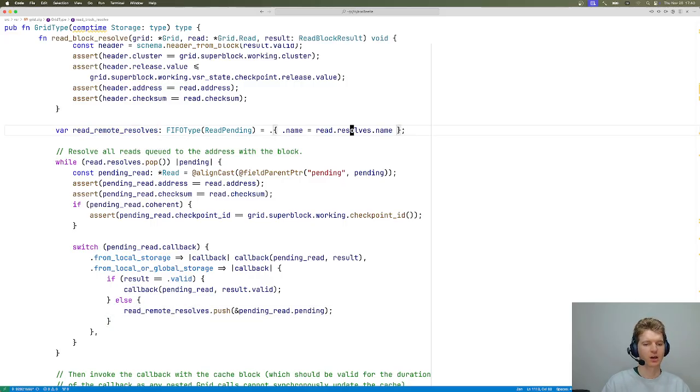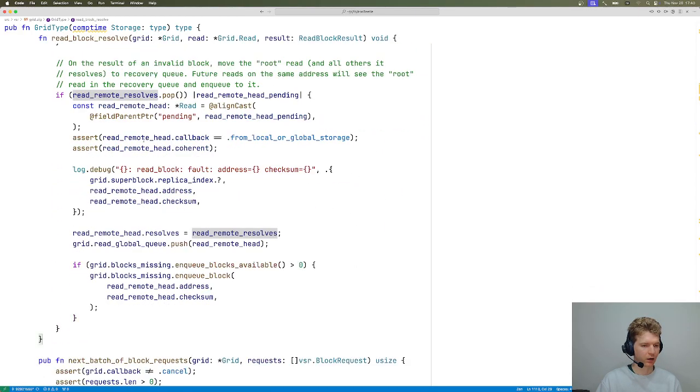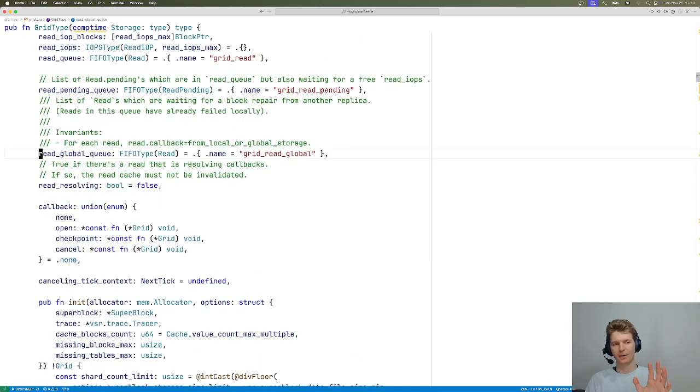We just push the read to a queue. And then we push that queue onto a global queue of the reads. So this is the list of reads which errored on our local replica. But it doesn't mean that it is game over, because